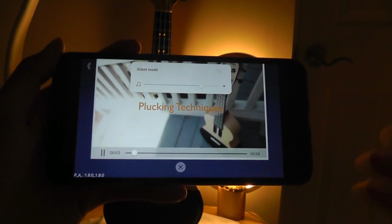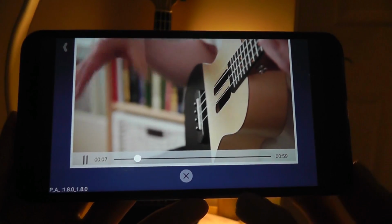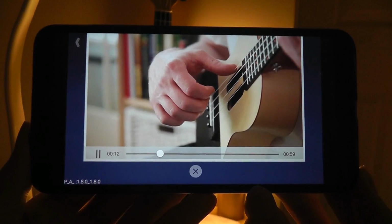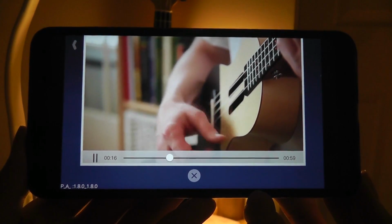Now you should already be familiar with the holding position. Let's make some sound. Make sure your wrist is relaxed. Put your thumb on the strings above the sound hole like this. Then pluck down on each string. Make sure you can hear each string